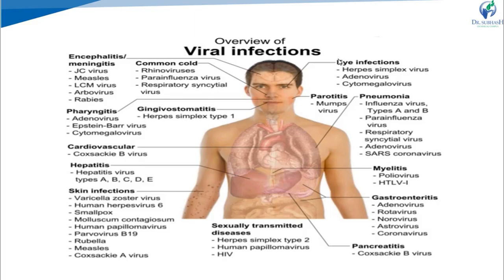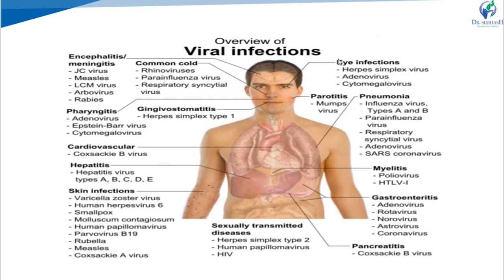Next disease condition is parotitis, right? That is the infection of parotid glands, which are a type of salivary glands. They are located on either side of the face in humans, and this type of infection is caused by the mumps virus, right? Next one is pneumonia, that is the infection and inflammation of the lungs, and that is